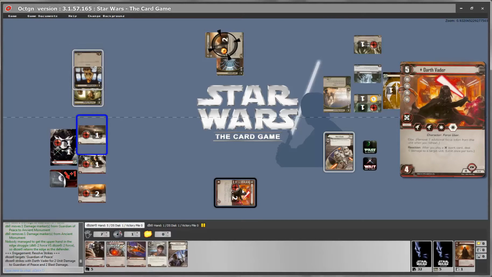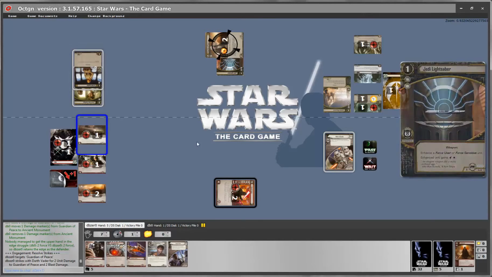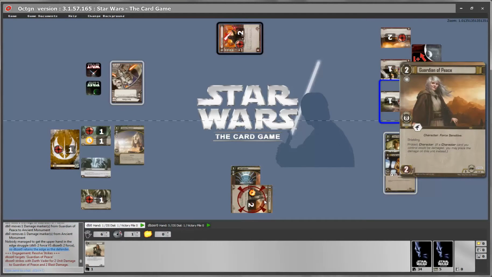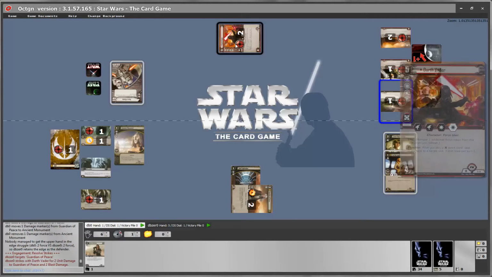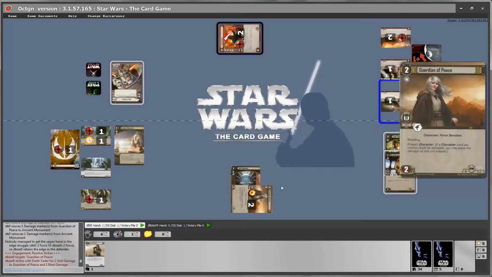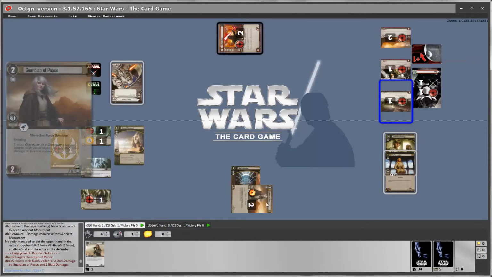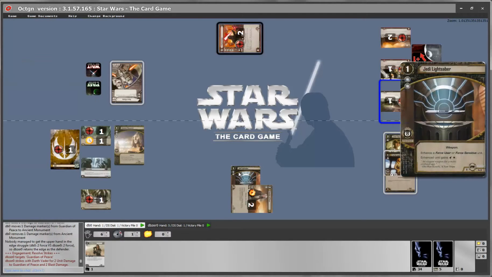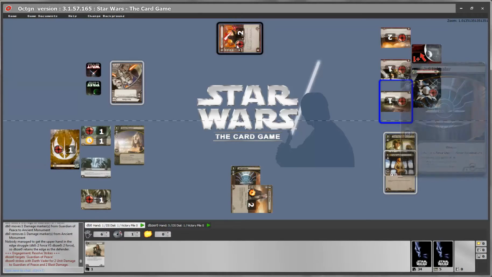Darth Vader strikes, gets 2 focus tokens because he has been assigned to the Force and does 2 damage to the Guardian of Peace. The Guardian of Peace only can sustain 2 damage tokens, so we have to now discard here. If it was the opposite, if let's say that the Guardian of Peace had a chance to strike, she would normally do nothing because the edge has been lost. However, she has a Jedi lightsaber, so let's see what happens if she strikes.